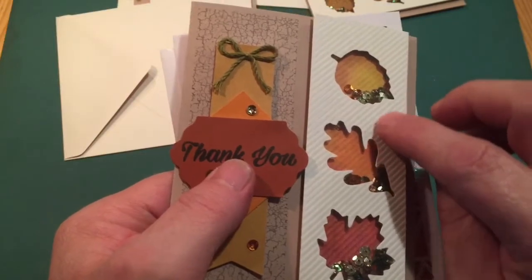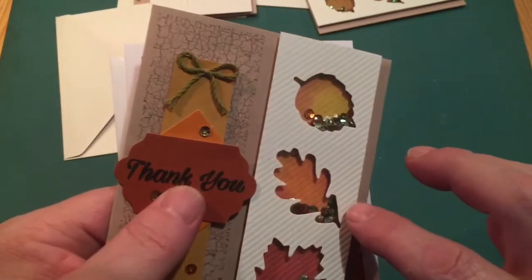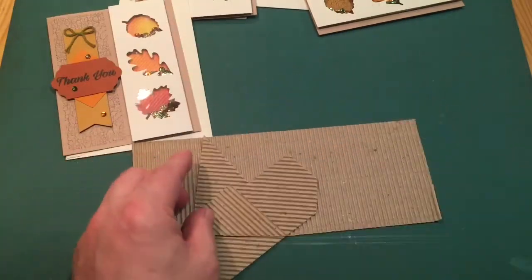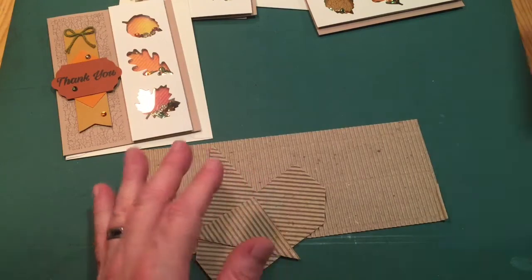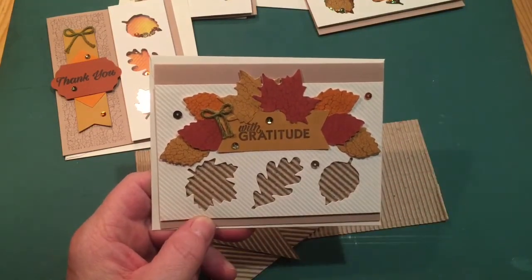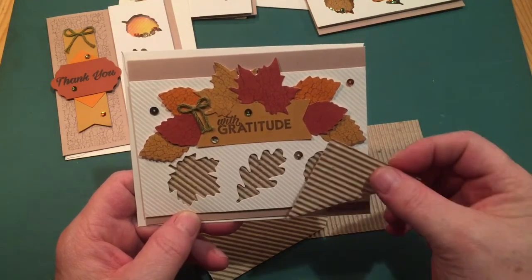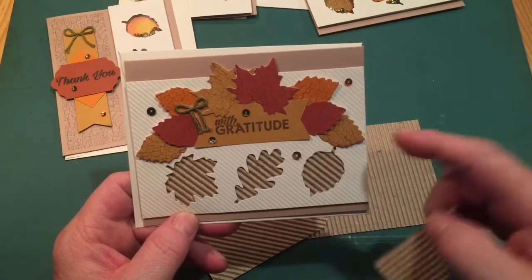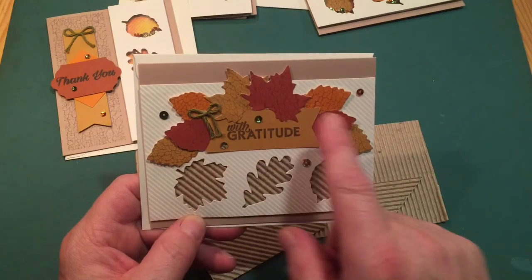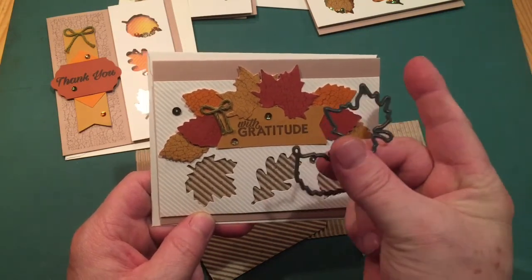The embossing in stripes on this Very Vanilla piece, that said cardboard to me. I had this great cardboard and used those for my second card. I covered the back of the open leaves with the cardboard going in the same direction as the embossing on this piece. Because I opened up a number of the square background pieces, I found I had a couple of